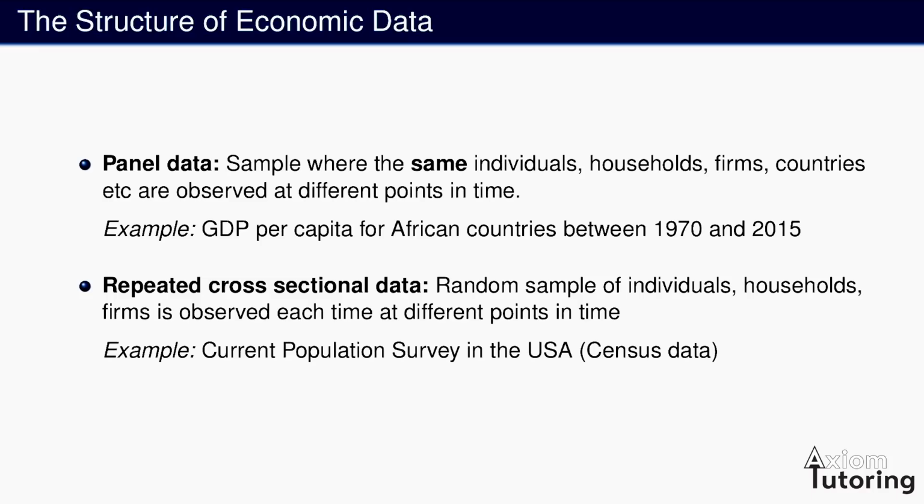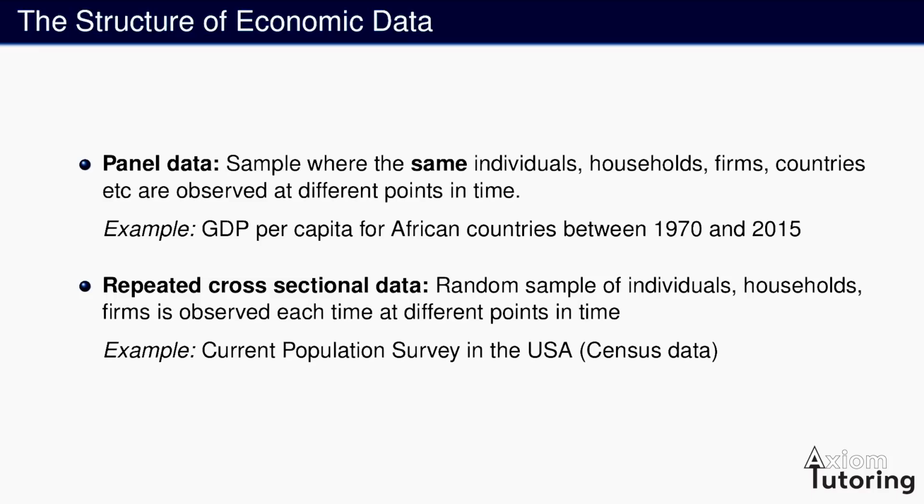So the Current Population Survey in the US, basically the census data that is collected by the Statistical Bureau, is a good example of a repeated cross-sectional data set. They do not follow the same individuals across time, but they just randomly select a group of Americans every single time that they